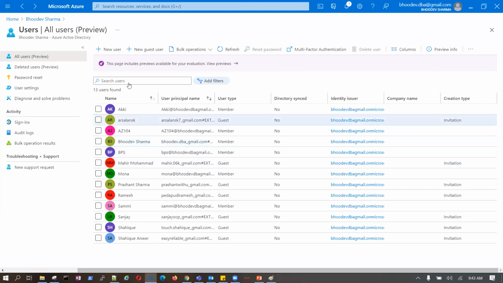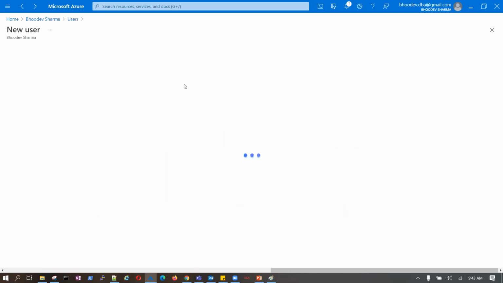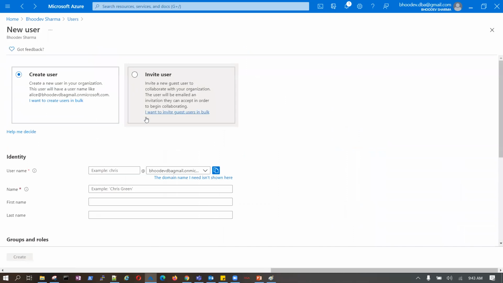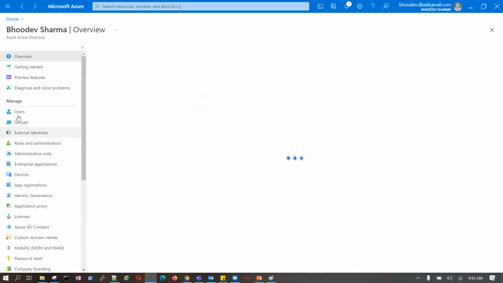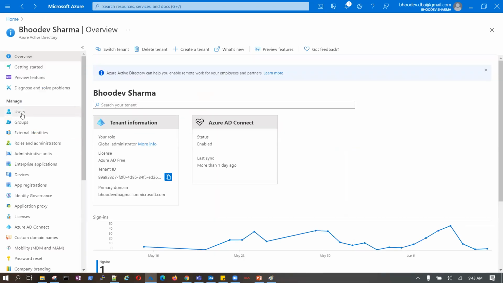Azure Active Directory. There is no Azure AD user. Once you go to the home page, we have the list of services, and in that, user is also there. Still you are in Azure AD. I will remain in Azure AD only.